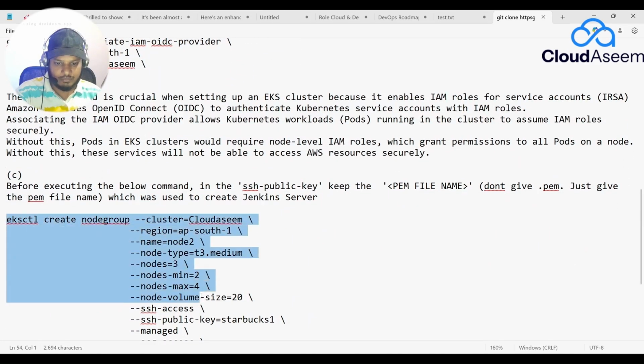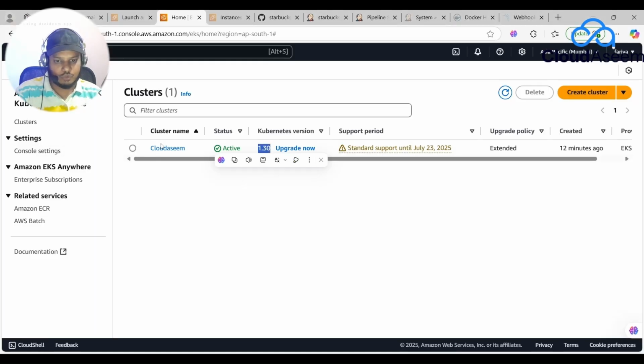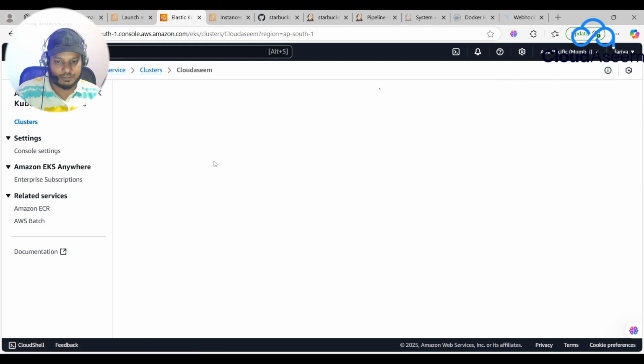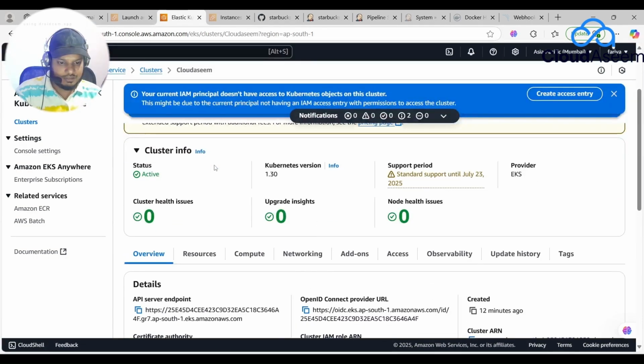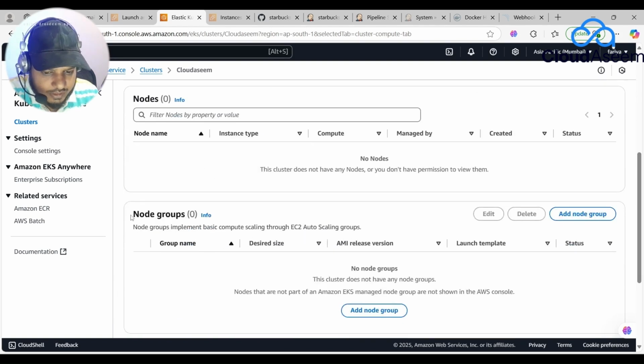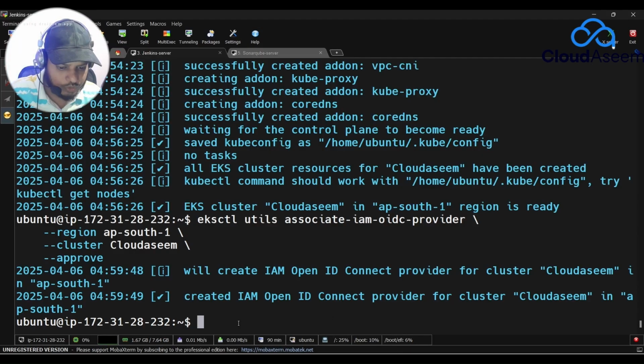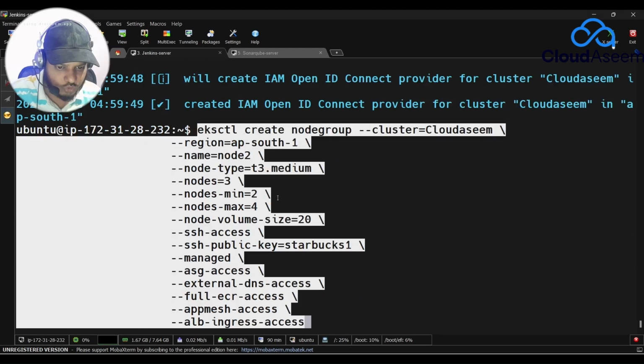Then later on, we will create the node group. So let me copy this, and I will show you this as well in the CLI. If you find over here, there is no node group created now, right? Now I'm going to give the commands for creation of the node group. As I mentioned, I'm going for ap-south-1, node name, and t3.medium